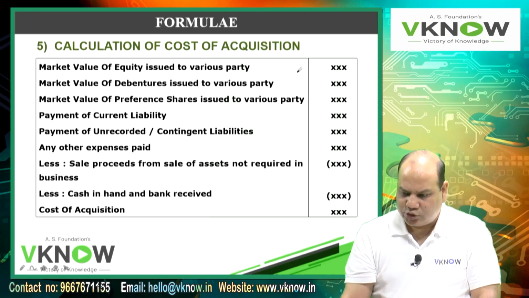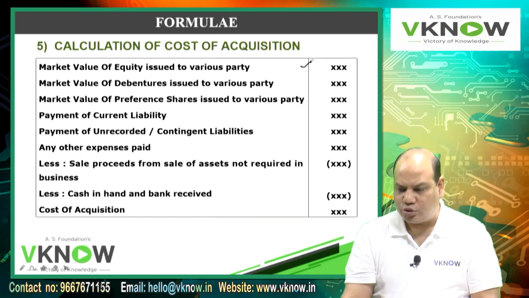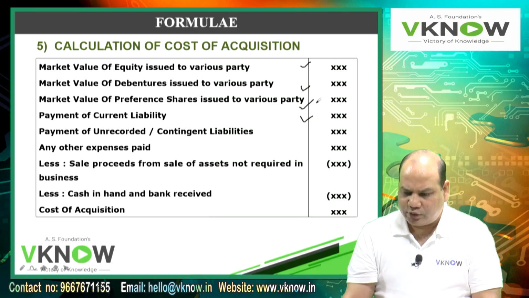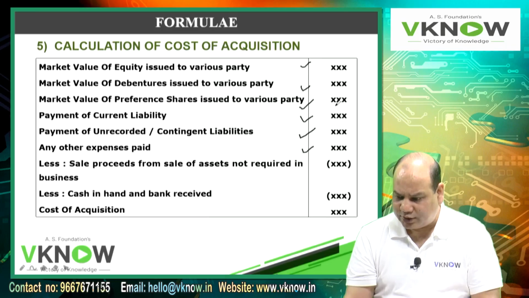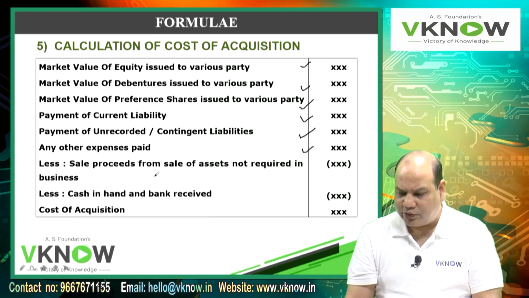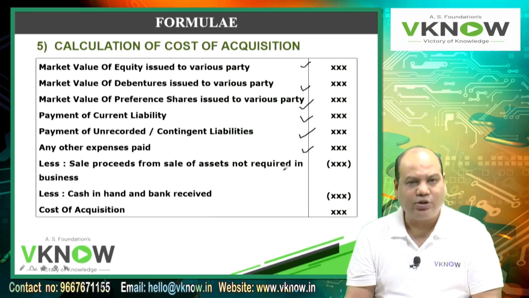So what are the things you will add according to the question? First we will add market value of equity shares issued, market value of debentures issued, plus market value of preference shares issued, plus payment of current liability, plus payment of unrecorded or contingent liability, and plus any other expenses paid. So these first 6 items you will add, minus sale proceeds from sale of asset not required,